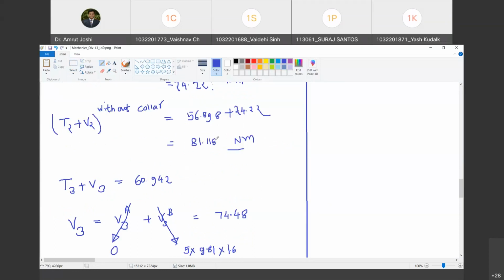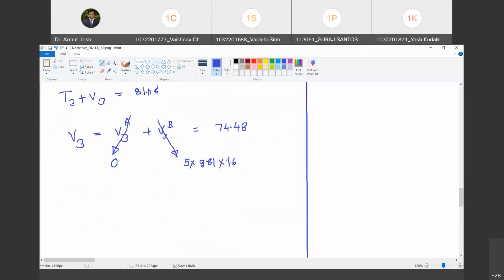81.118. Is it correct? Please unmute and let me know so that we can proceed. Yes, sir. So this is V3 now, and therefore we must have T3 is equal to